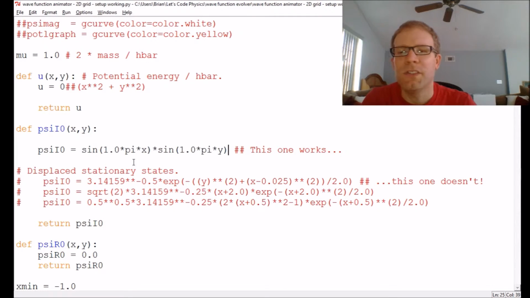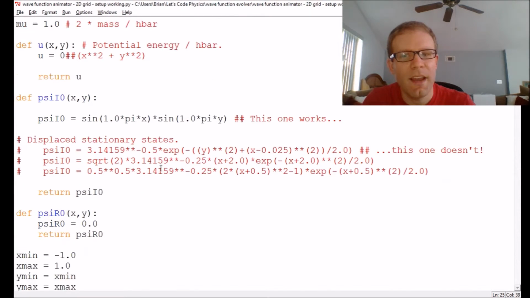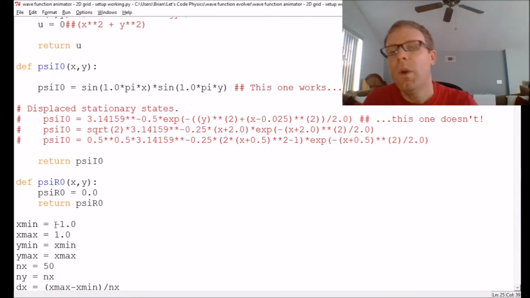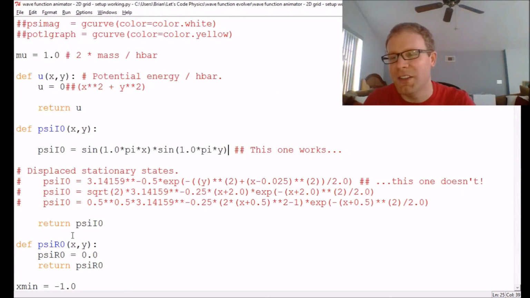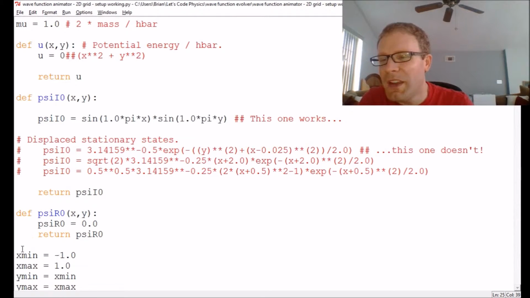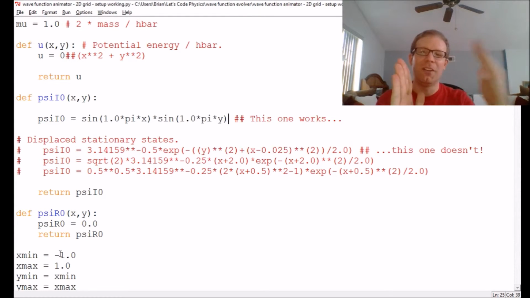Actually, should that be sine or should that be cosine, since I have this thing starting at... Well, I know it worked. Yeah. Sine will work. That's right. I've already tested it. It works. Yeah. When you make your infinite square well start at 0 and go out to a length, you